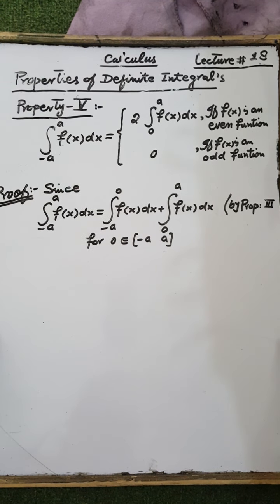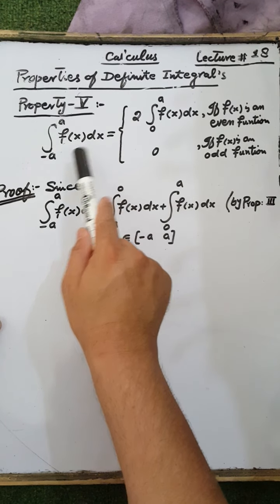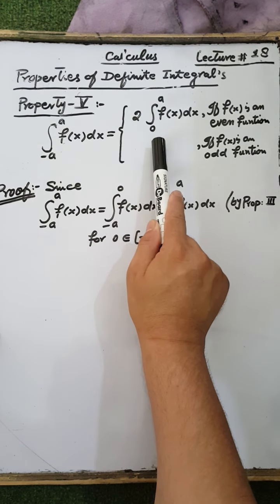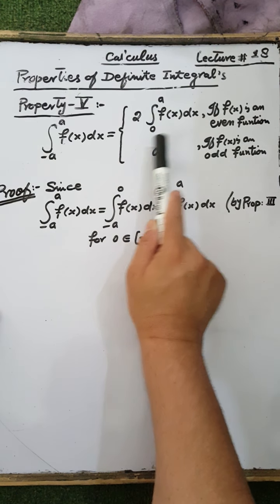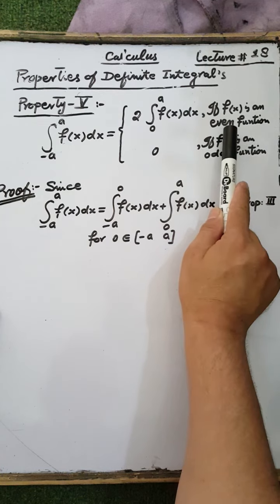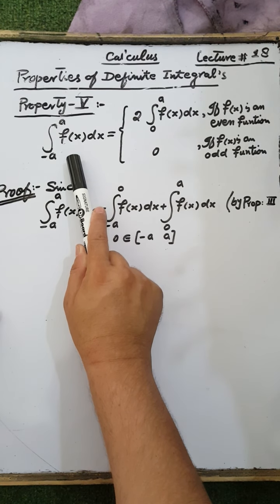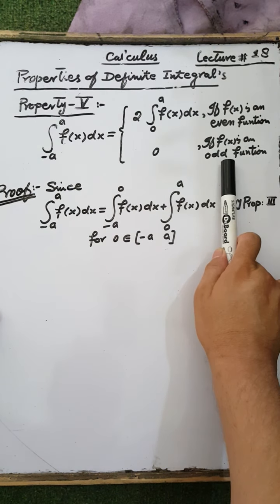Bismillahirrahmanirrahim. Property number 5: the integration of the function f(x) dx on the interval minus a to a is equal to 2 multiplied by the integration of the function f(x) dx on the interval 0 to a if the function f(x) is an even function, and the result of the integration of f(x) dx from minus a to a is equal to 0 if the function is an